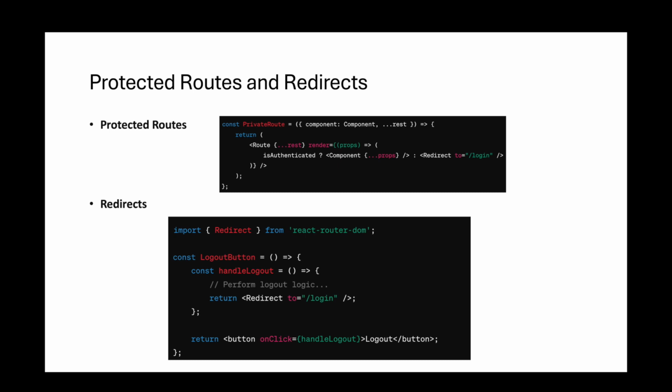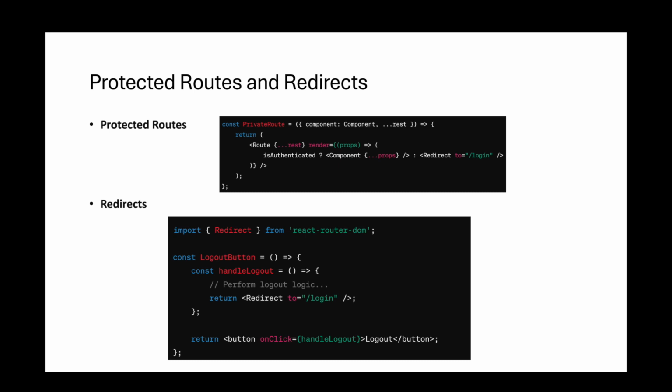Redirects. The Redirect component in React Router allows you to redirect users to a different location within the application. It is typically used in response to user actions or as part of authentication and authorization logic. Example: import Redirect from react-router-dom. const LogoutButton = () => { const handleLogout = () => { // perform logout logic return <Redirect to="/login" />; }; return <button onClick={handleLogout}>Logout</button>; };